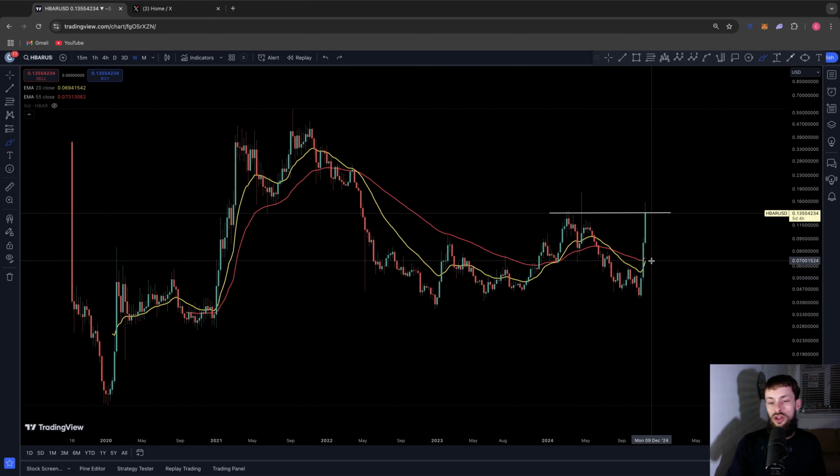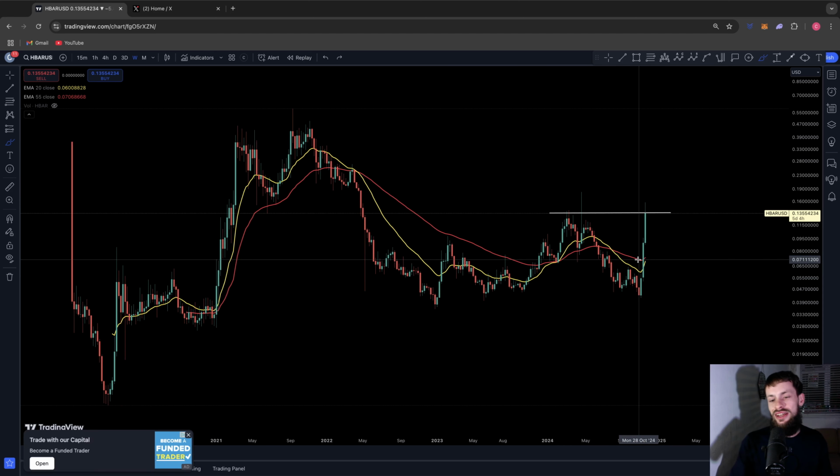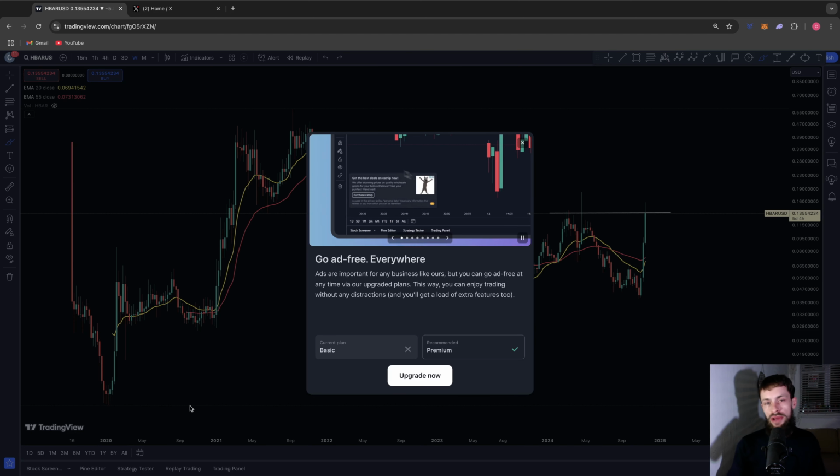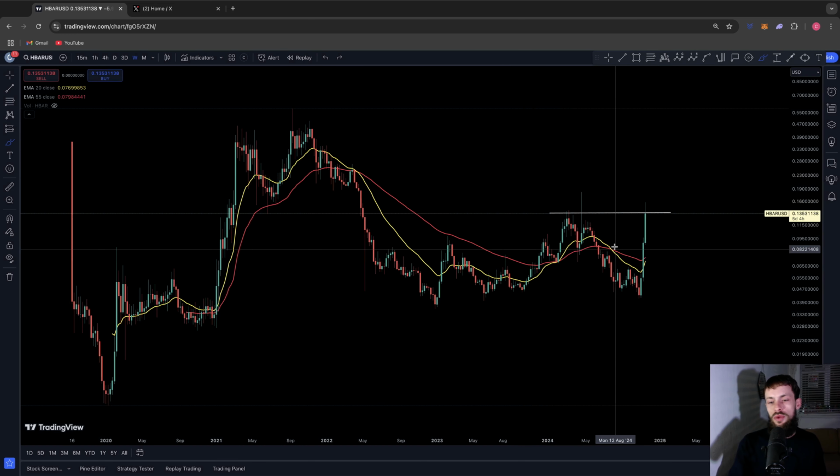Now within doing so, we've got two EMAs on the chart here, this yellow EMA, which is the 20 EMA, and we've got this red EMA, which is the 55. Now I use these indicators as guidance tools for bullish and bearish crosses to indicate a bullish or a bearish trend flip, and right now we are coming out of the worst sort of times. We had a bear cross back in July and you'll notice since that cross we had a really sort of